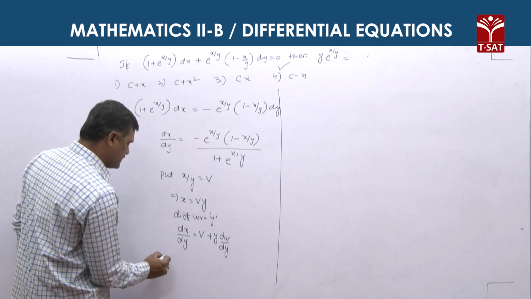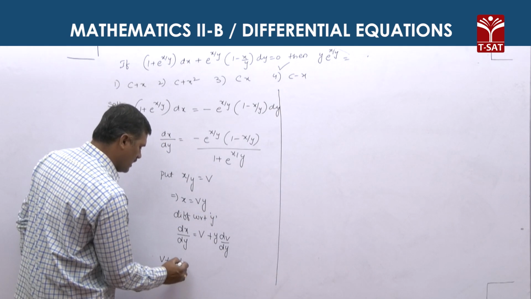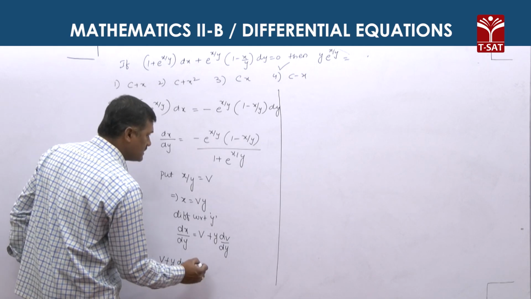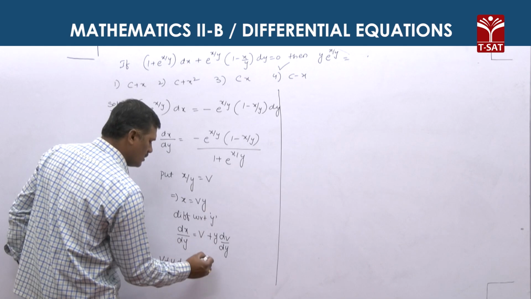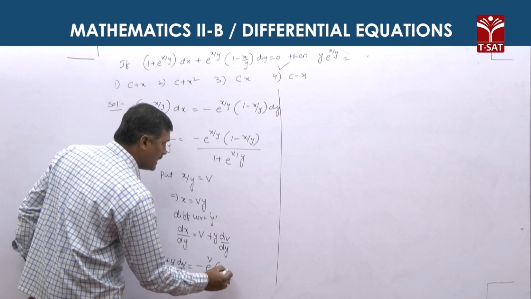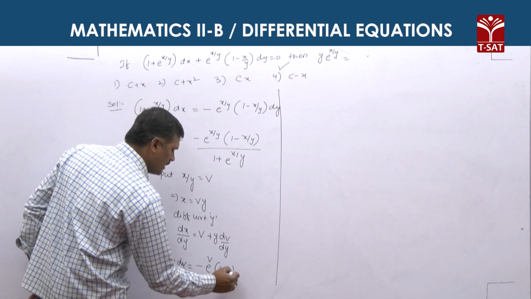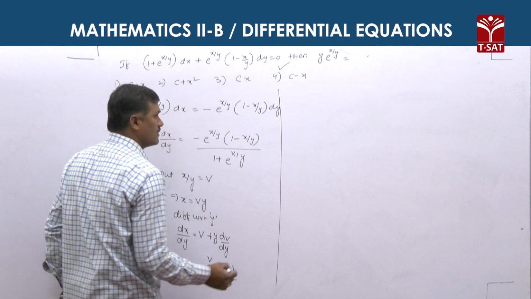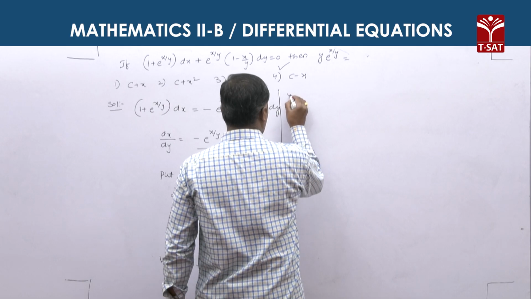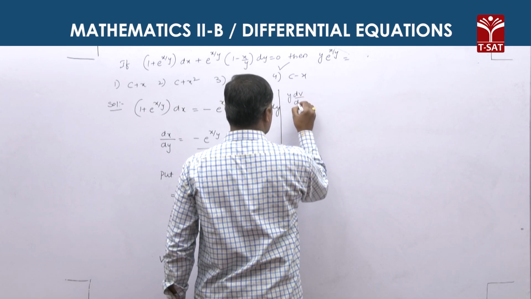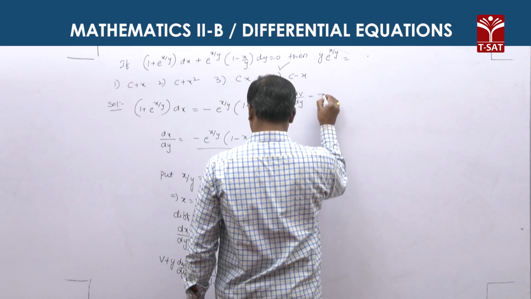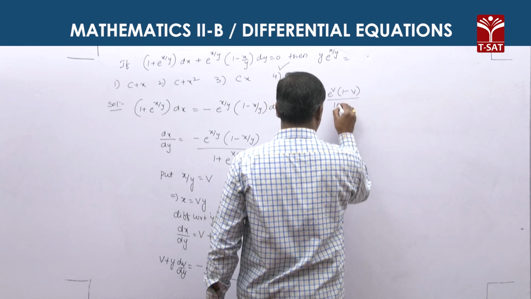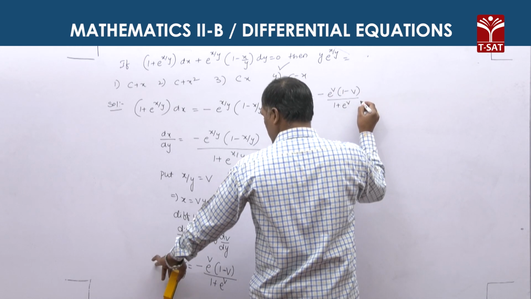So v plus y into dv by dy is equal to minus e power x by y, into v into 1 minus v, whole divided by 1 plus e power v. So y into dv by dy is equal to minus e power v into 1 minus v by 1 plus e power v, and this v, taking to the right side,